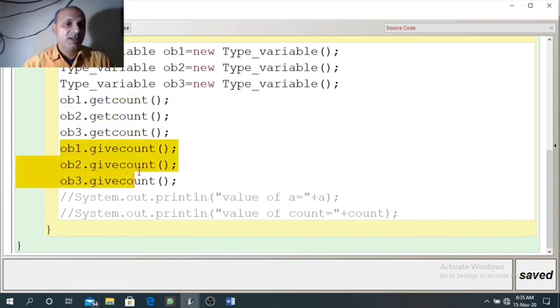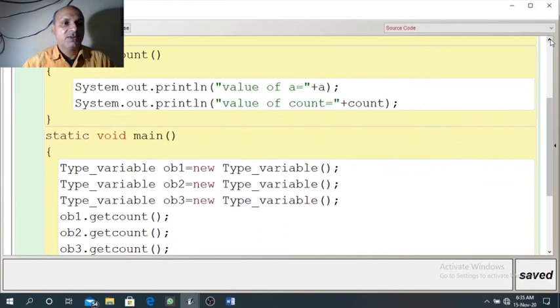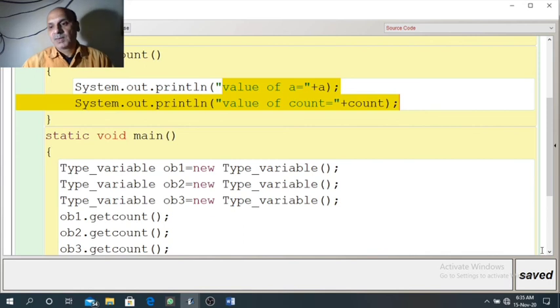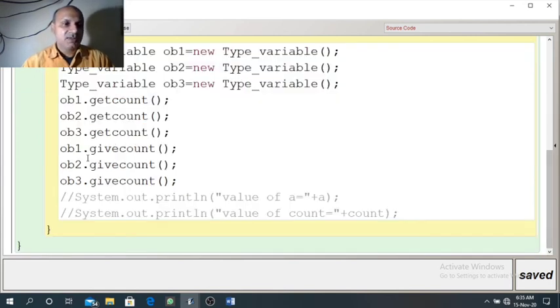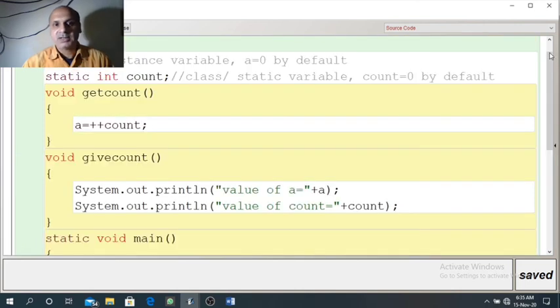Now we are printing the value of a and count by calling the give count method through the objects ob1, ob2 and ob3. When give count is called, it will print the value of a and the value of count. But it is called through three different objects. As I just explained, for ob1, ob2 and ob3 the value of a will be different, that is 1, 2 and 3, but the value of count will be the same for all three objects.